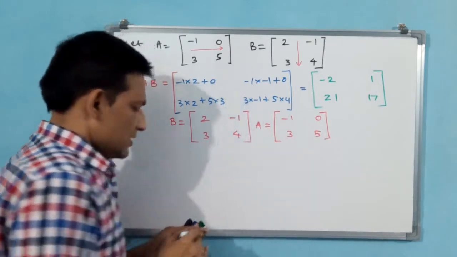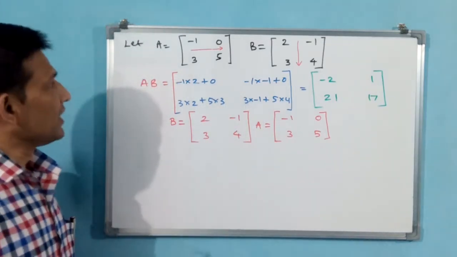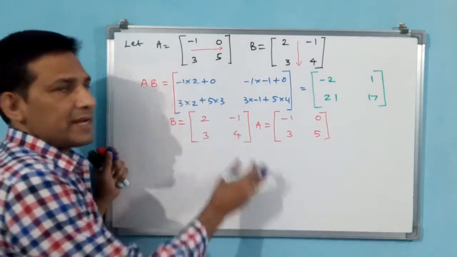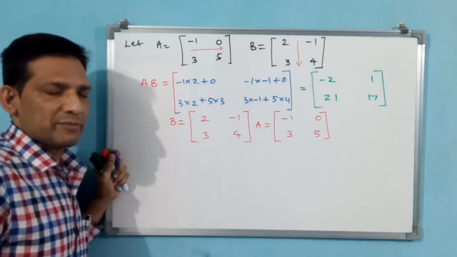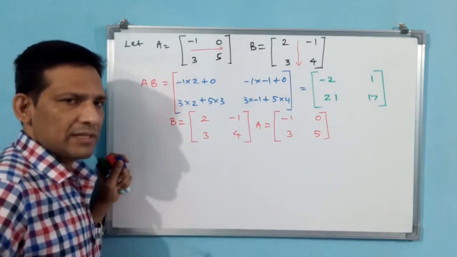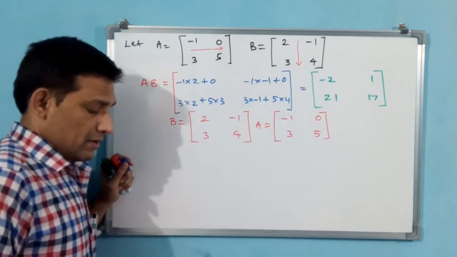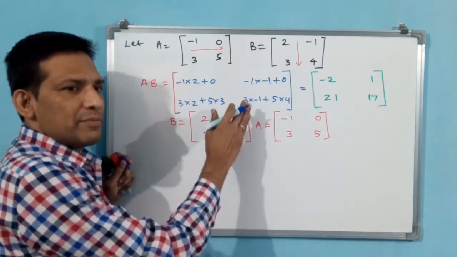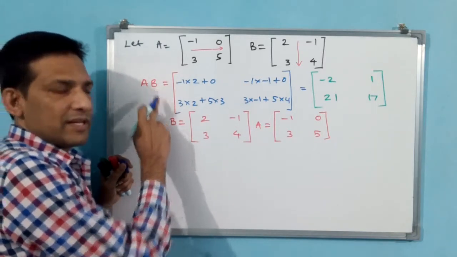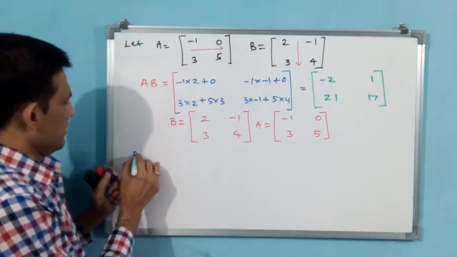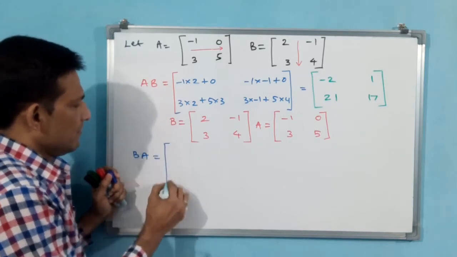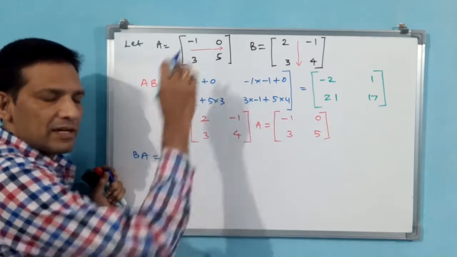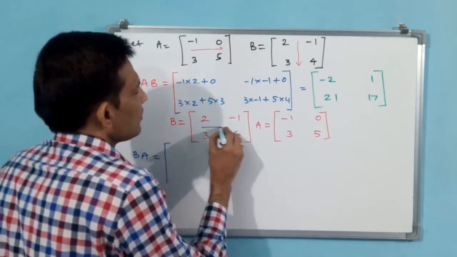See, like this you have to take. Here AB was there, that is why AB. A left side should be there, B right side should be there. Like that you keep and do these matrix operations. Why? Because these are not vice versa. I am going to show you now very carefully how to do. When we are doing AB, left side A and right side B you keep. Why? Because here also left side A, right side B is there. When you are doing BA, left side B and right side A you should keep. Left side A, right side B. And what arrow also you have to keep? Okay.